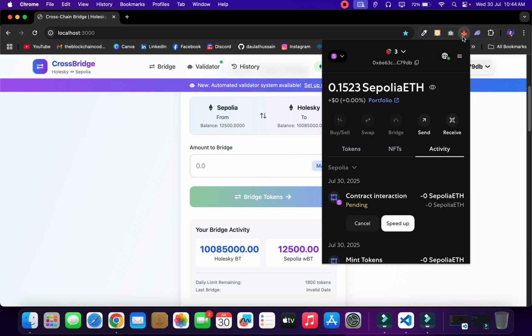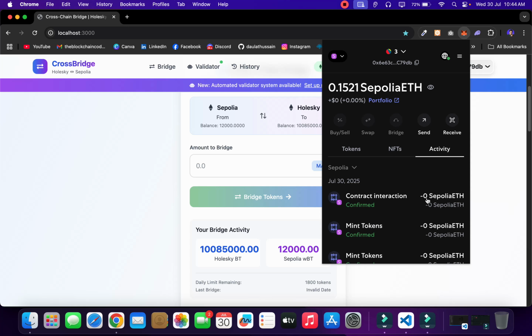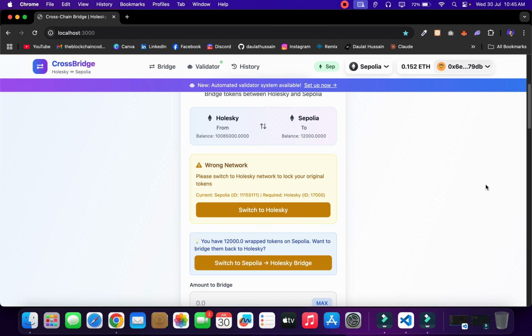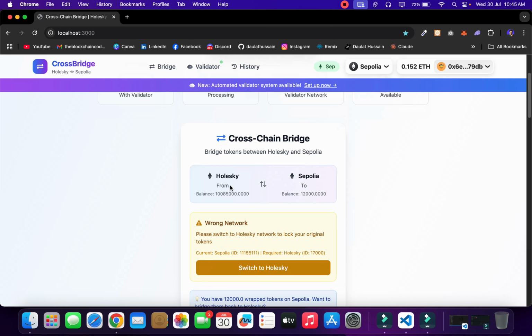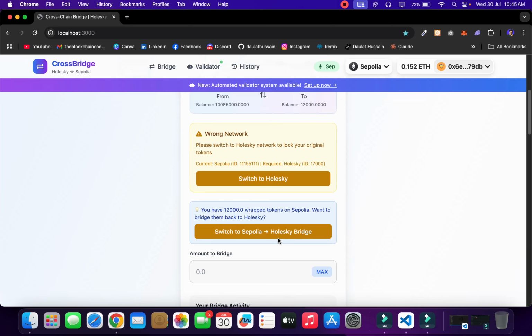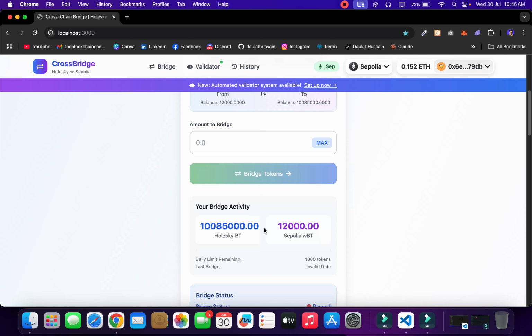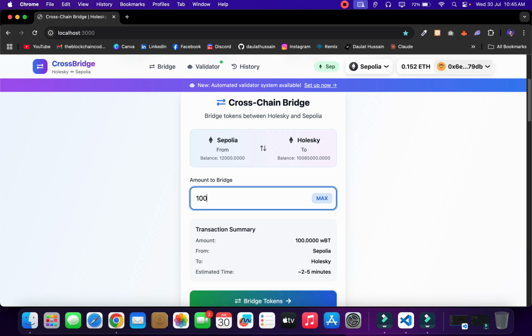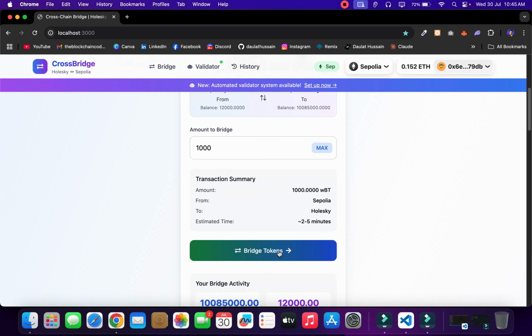Once the transaction completes, we'll have our token. So just wait, it's pending, and finally the transaction is completed. We have completed one transaction. Let's create a couple more transactions. This time, let's give a quick reload to reset everything and check that every single thing is working fine. We are back to being connected with the Solidity, but we are displaying the Hostly. So I'll simply click back here, switch to Hostly, and here I am connected with the Solidity, and I'm doing it on Hostly. So now I'm going to select the quantity. I'll go with 1000 and click on this bridge,